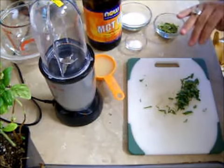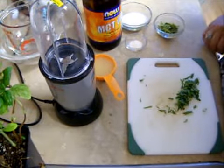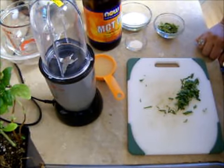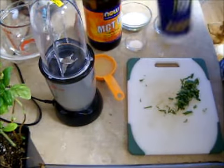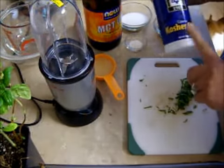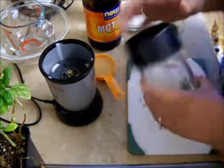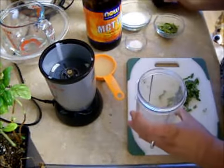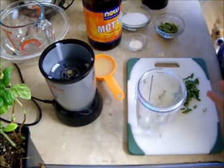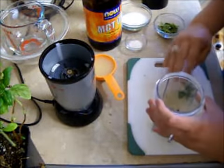I'll have all these ingredients and measurements in the vlog. Then you're going to need about a quarter teaspoon of salt, and I use kosher salt. What you're going to do is pretty simple. If you don't have a magic bullet, you just use a blender. You're going to take all of your ingredients,